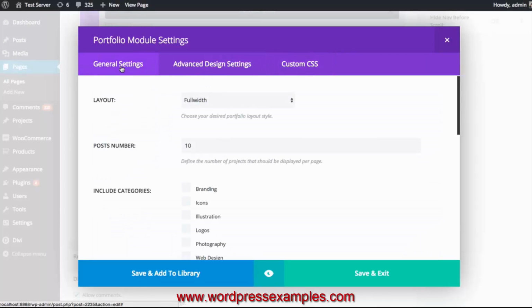So going back to the general settings tab, the first setting is the layout. And you have 2 options, full width and grid. Full width will display your items the entire width of the column, whereas grid will break it down into different column sizes. For example, in a 1-column row, you're going to get a grid of 5 images. So if I switch to grid,